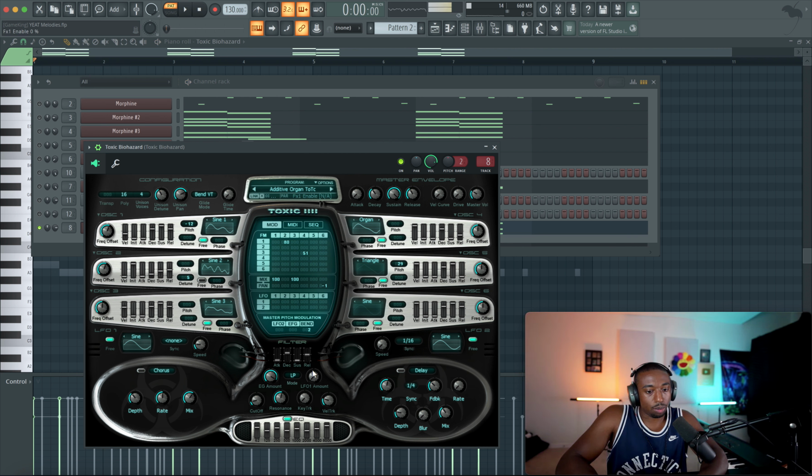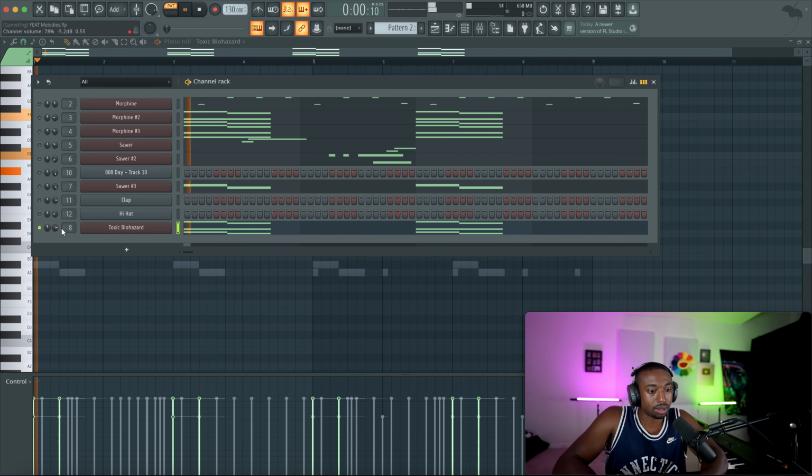And then I added a low pass filter with a small decay curvature, similar to what we did in the other plugin there. And I lowered the cutoff and then increased the resonance, so it has like meow. Notice Yeet uses a lot of sounds that have resonance sweeps, and that's what creates a movement to the sound. So that extra little detail. And let's hear all these layers together.